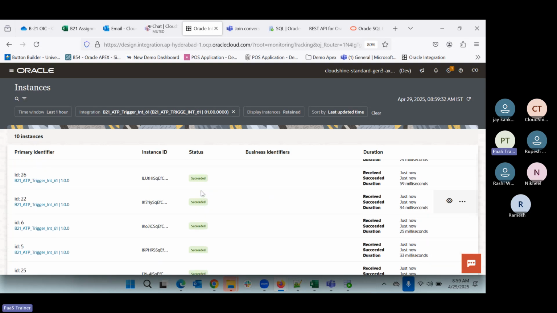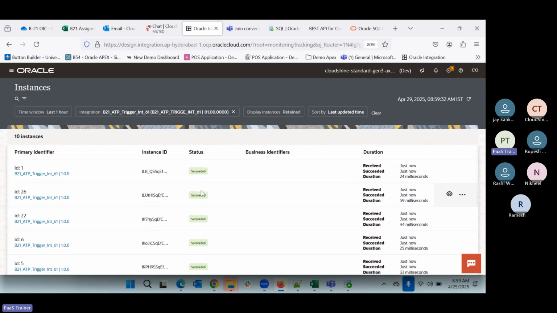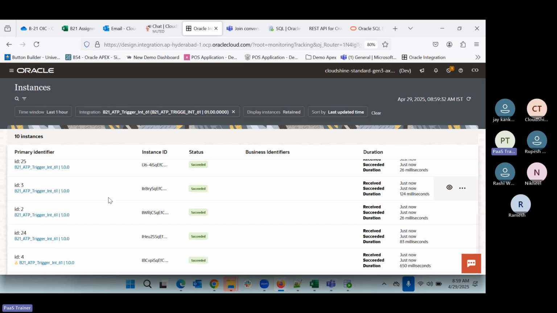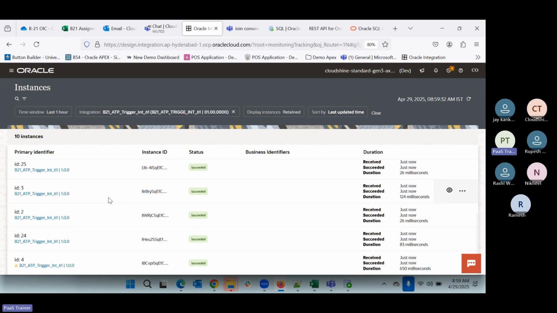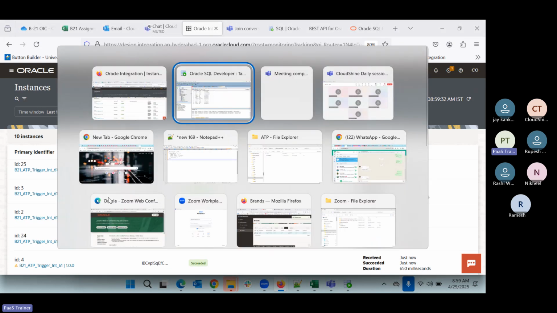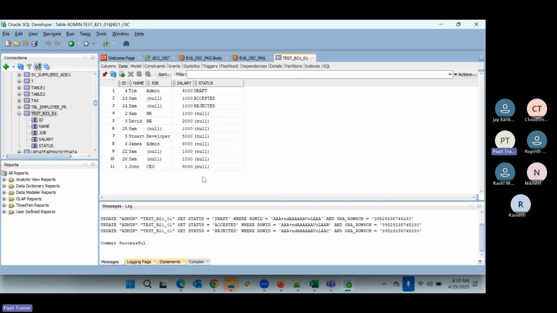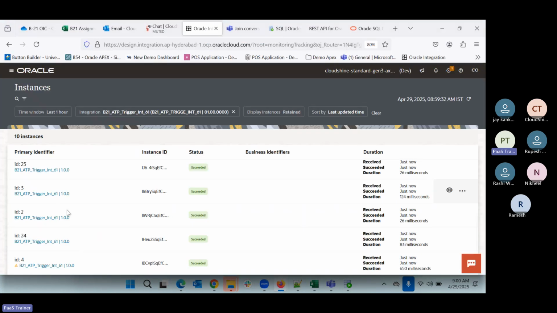Why did it get triggered so many times? Because the condition was that it will pick the null and not accepted records. If you see, it was printing the ID here. So for each record, the integration will run one time. Now if you come here, previously the values were null, draft, accepted and rejected. So if you see 23 and 24,